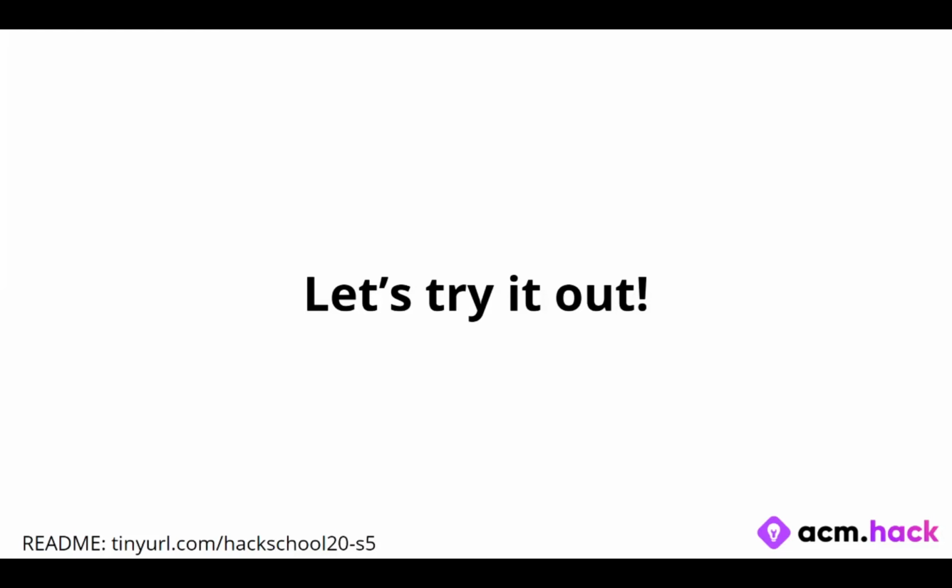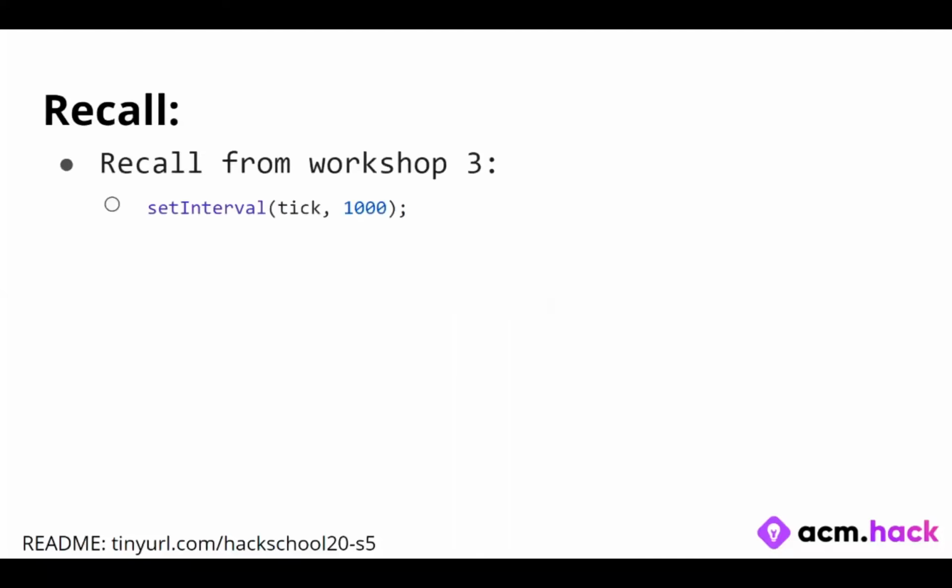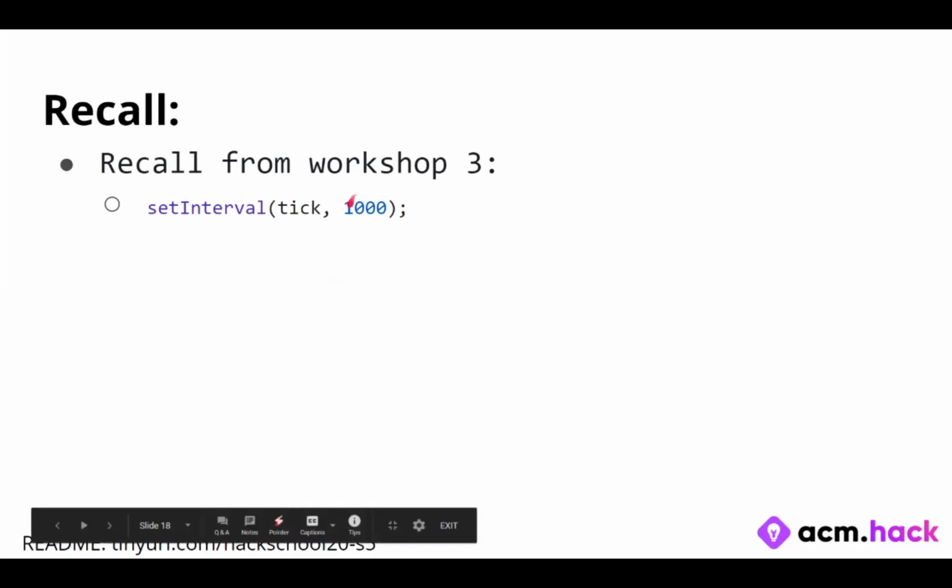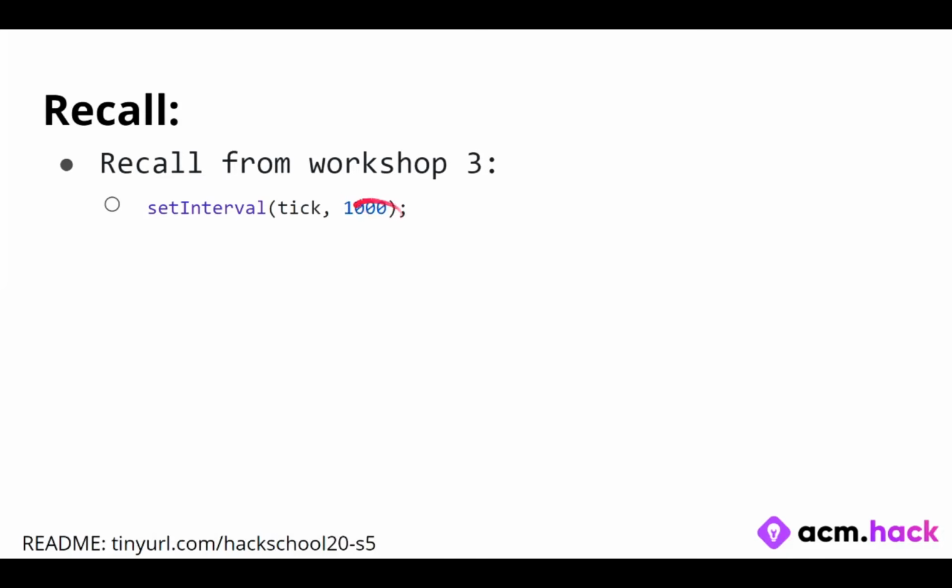But what are callback functions? Before that, let's jump back to workshop 3. Remember in workshop 3, we used a function called setInterval. What this setInterval function did is that every 1 second, or 1,000 milliseconds, get used to dealing with milliseconds, guys, it would call the function that we defined, tick here. Every 1 second we would call our function tick, and it would tick the clock in our page, right? What we didn't actually tell you is that tick is actually a callback function. But what is a callback function?